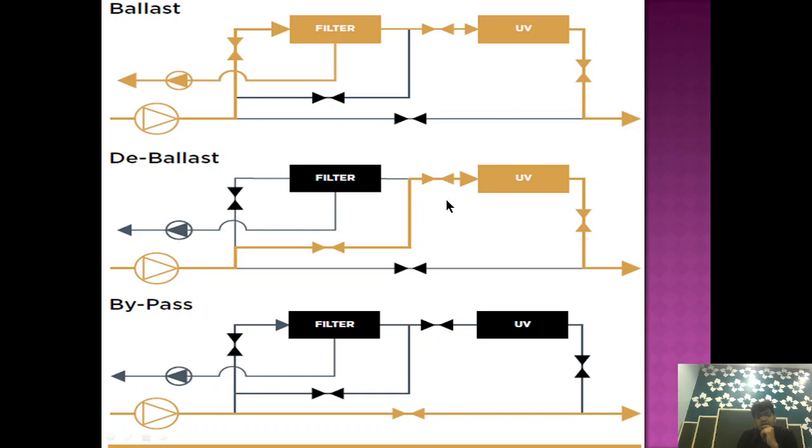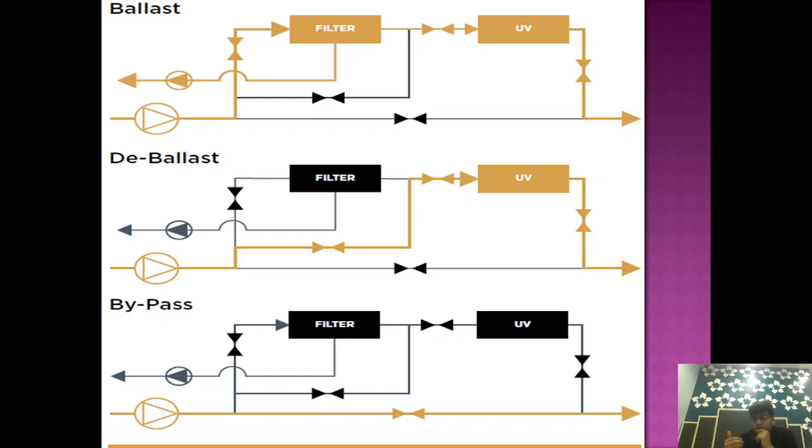So in deballasting, what we are doing, through a pump we are taking water from the tank, and we are again passing it to the ultraviolet radiation, and after that we are deballasting. Now one thing you should see is that the UV radiation is used in the ballasting and also in the deballasting. Why? The first answer to this is, as we are not killing the microorganisms, they may be subjected to reproduce,